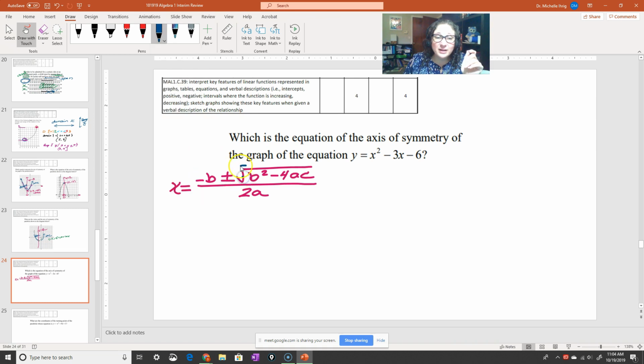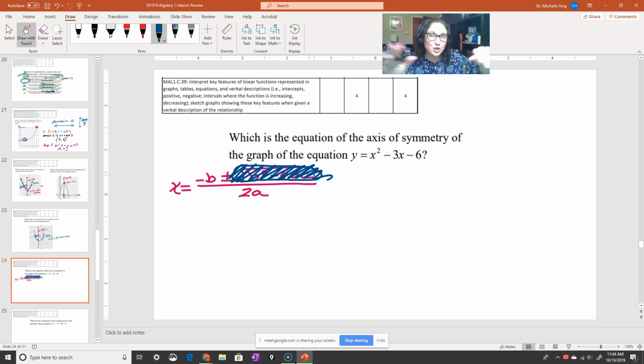The discriminant is all this stuff. It's important for solving for x, but for what I'm talking about right now, it's not that important. So when you have to find the axis of symmetry, all you do is look at the formula sheet, look for this equation, and then throw all this other stuff away.